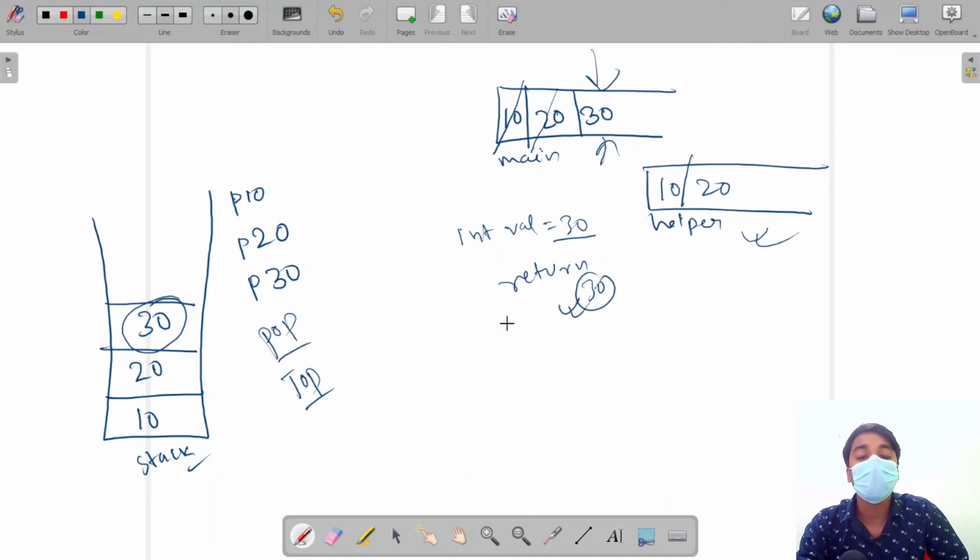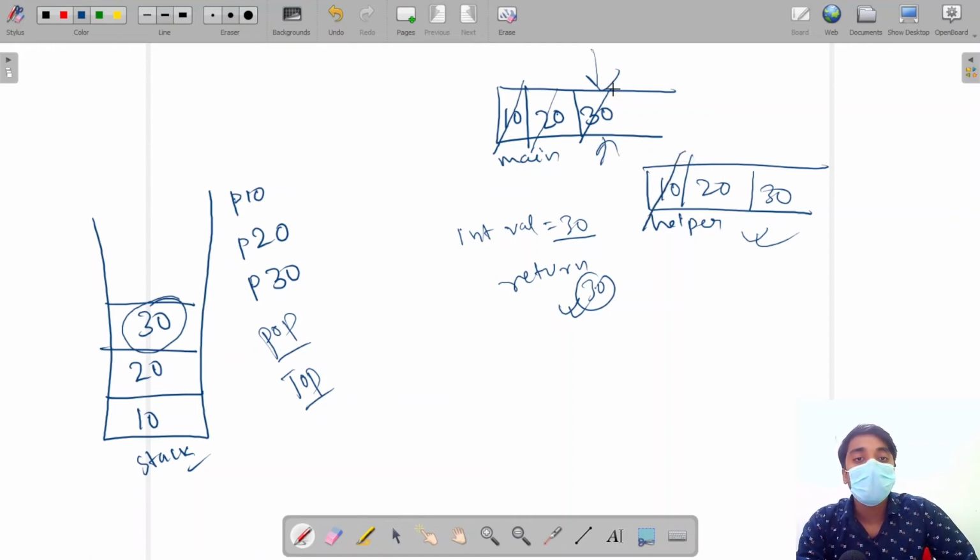Before returning that value, we have to push all the elements back to the main queue. Now if I delete all these elements and add them in the main queue, the 30 becomes the first value. So what we have to do is remove this value also and add it in the helper. Now our main queue is empty.